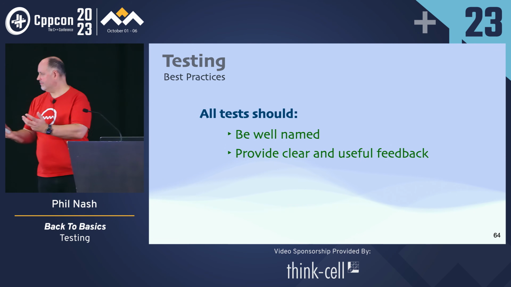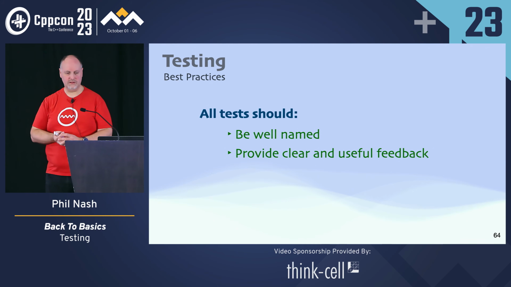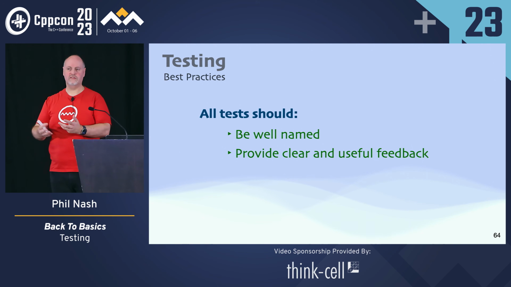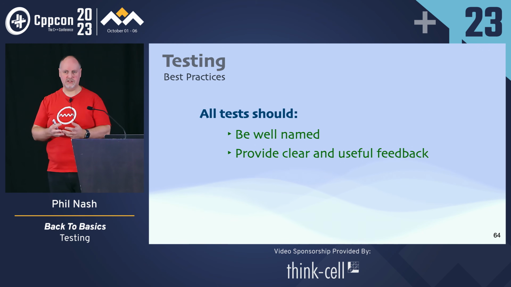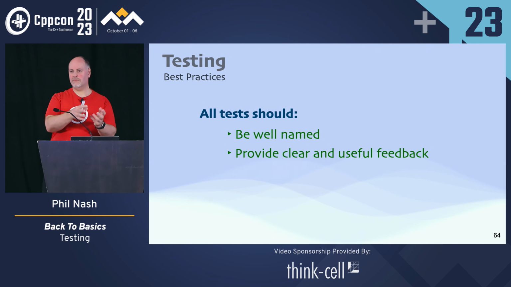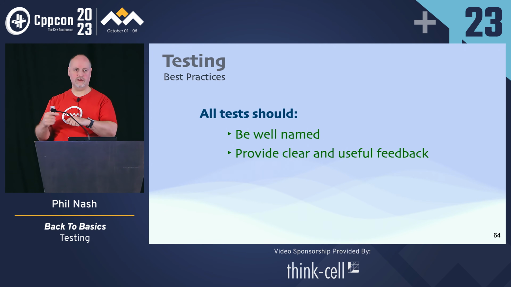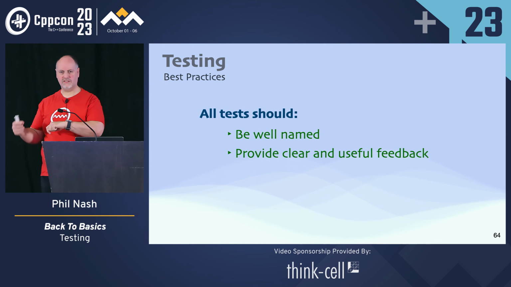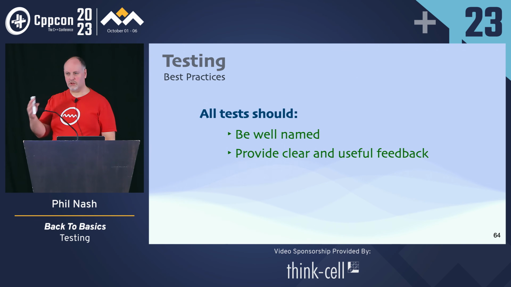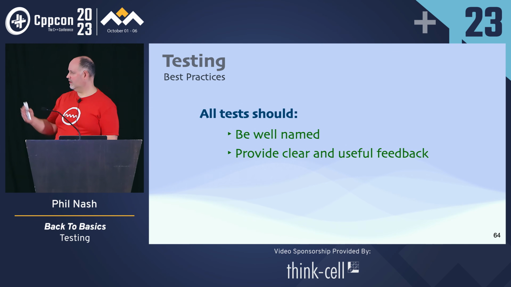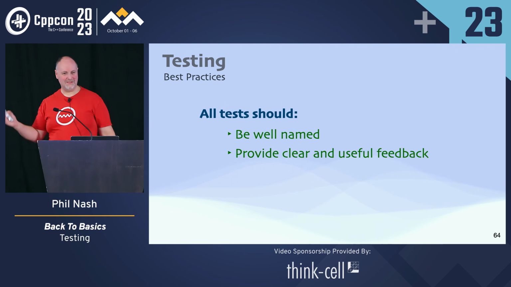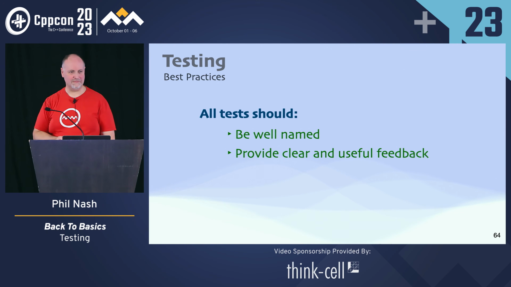And related to that, they should provide clear and useful feedback. In the event of a failure, sometimes there's some contextual information that you also need to capture and print out. And most test frameworks will give you the ability to capture variables that will only print out in the event of a failure. Certainly Catch does, I think Google Test does. Most do. Do make use of those, because that context can be really important as part of that useful feedback. I know I'm repeating myself a lot, but it sounds obvious. These are the things I see not done very often.